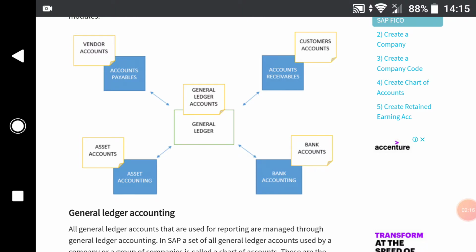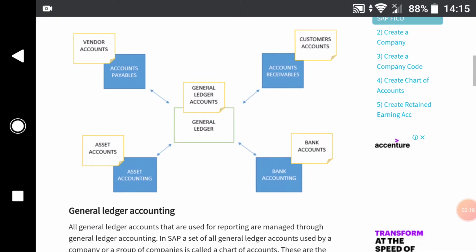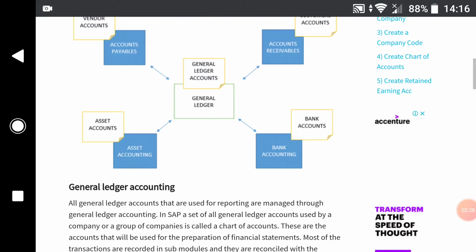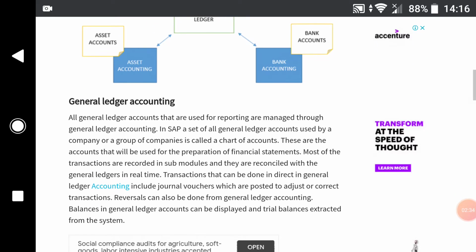So what exactly does general ledger accounting do? It comprises four sub-departments within the account: accounts receivable, accounts payable, asset accounting, and bank accounting. All general ledger accounts that are used for reporting are managed through general ledger accounting.